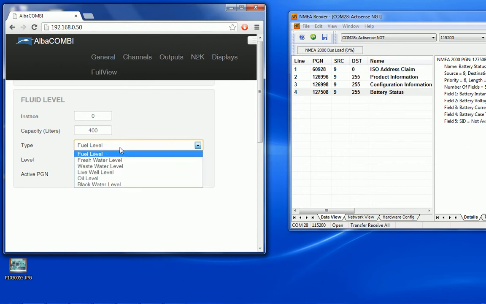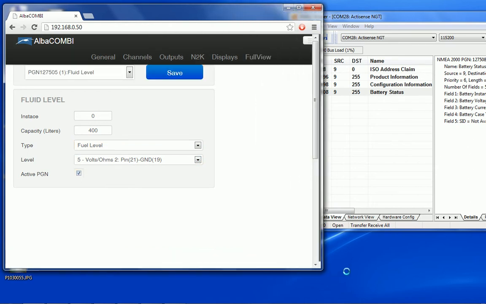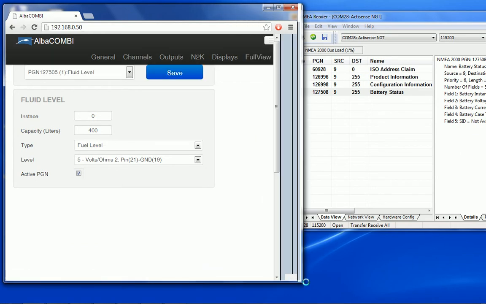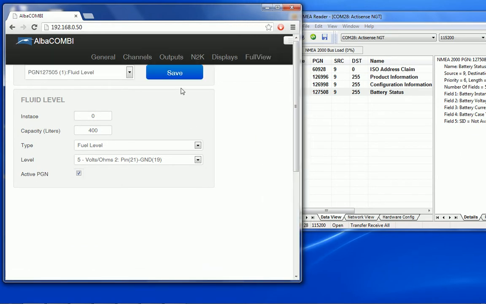I would say this is fuel, and where the tank information is coming from, I would say from pin number 2. If I activate the PGN and I press save,